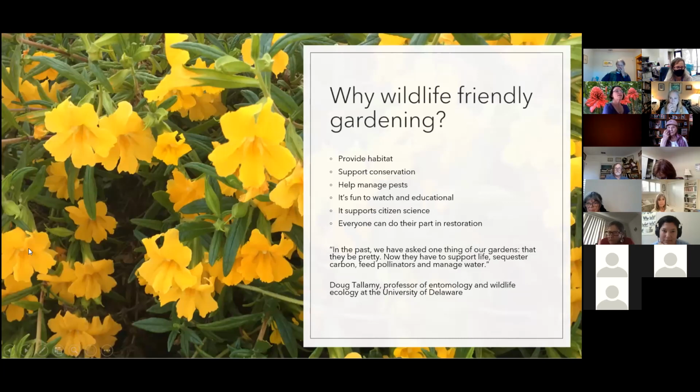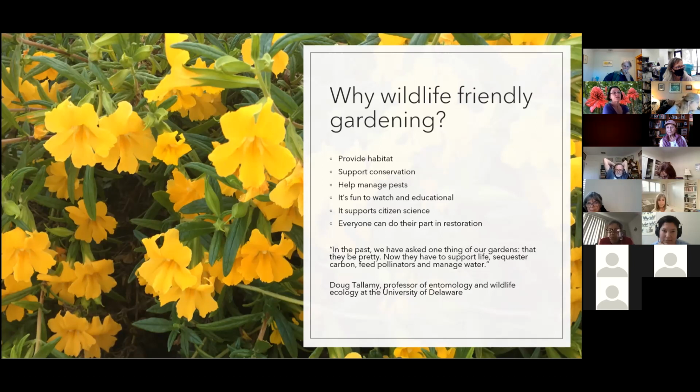Why wildlife friendly gardening? So there's a lot of benefits. It provides habitat for those native wildlife species, and therefore by having those native wildlife and plant species, we can support conservation like Ron mentioned. But it also helps us manage pests, and it can be fun and educational, especially if you garden with children or if you like to observe wildlife in your garden. It also supports citizen science if we report what we view in our gardens, and everybody can do their part